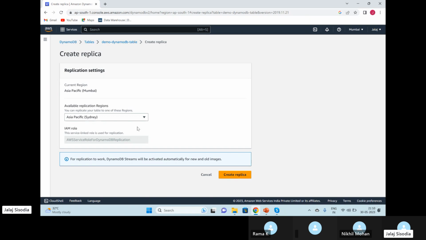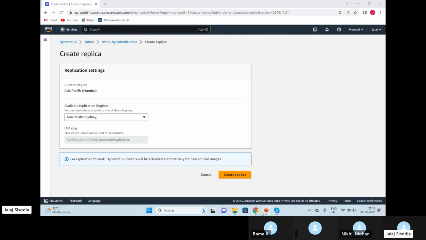So let's say I deducted some amount of rupees from my ATM machine, and maybe not at exactly the same time, maybe a millisecond delay, some milliseconds delay is there, and I try to read the same account balance from the Sydney replica, then I will see the previous balance. Okay, and this problem is actually called